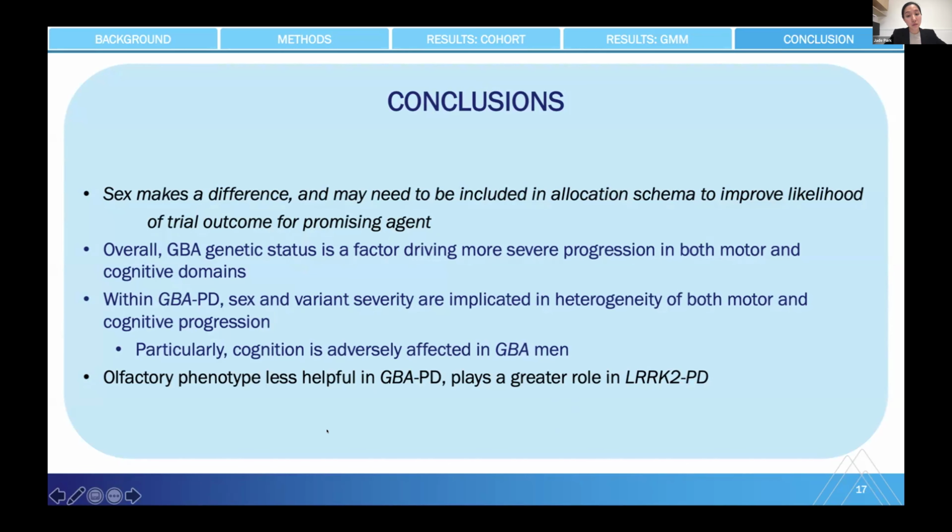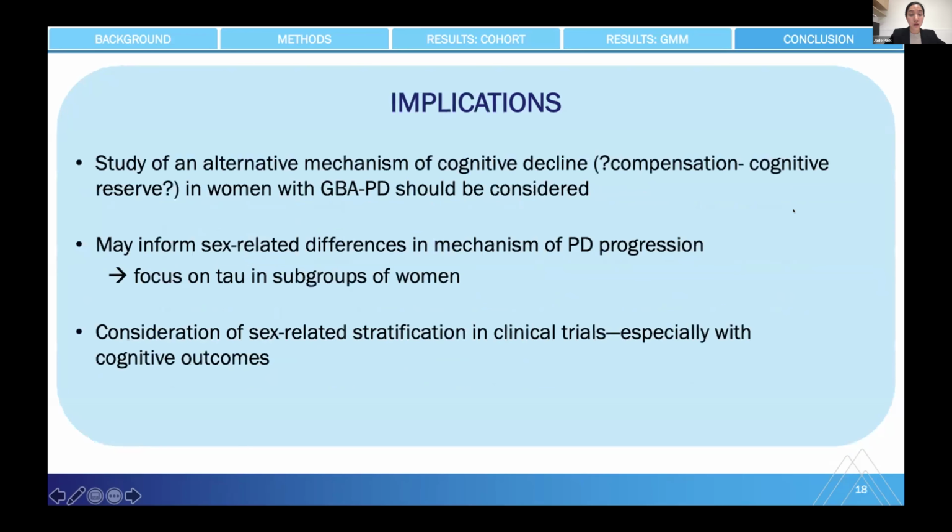Olfactory phenotype is less helpful in GBA PD, plays a greater role in LRRK2 PD. And as far as implications for our study, what we posit is that there may be an alternative mechanism of cognitive decline in women with GBA PD that should be considered. Our study may also inform sex-related differences and mechanisms of PD progression with a focus on tau in female subgroups. And we should also consider sex-related stratification in clinical trials